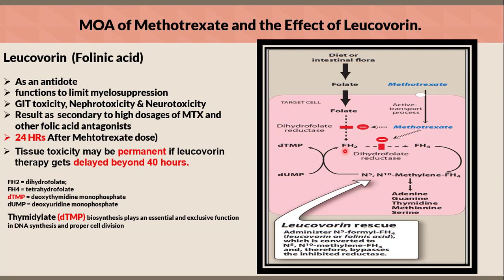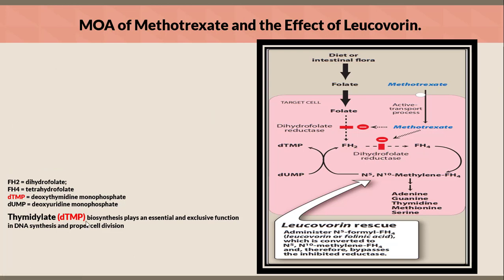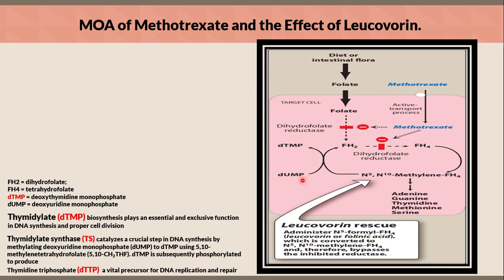The dihydrofolate reductase enzyme catalyzes the conversion of folate to dihydrofolate, and after that to tetrahydrofolate. After that, the tetrahydrofolate is converted to N5,N10-methylene tetrahydrofolate, which is used in thymidylate, or deoxythymidine monophosphate, biosynthesis,